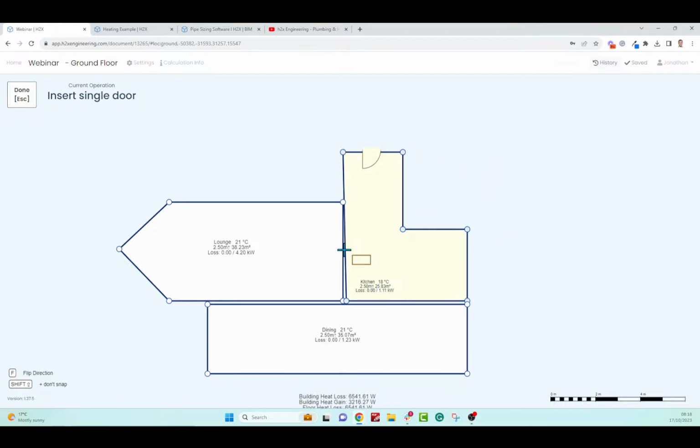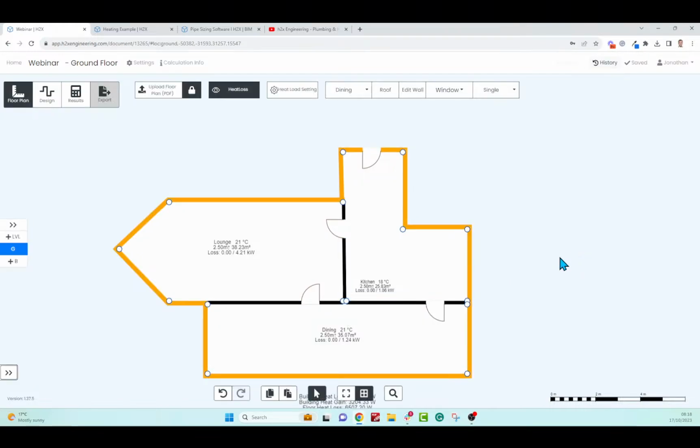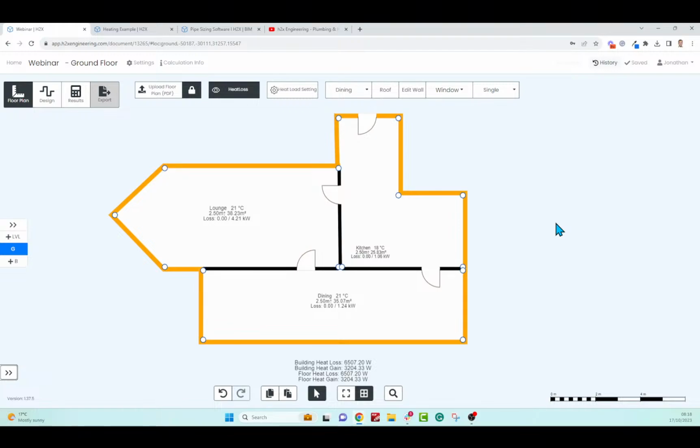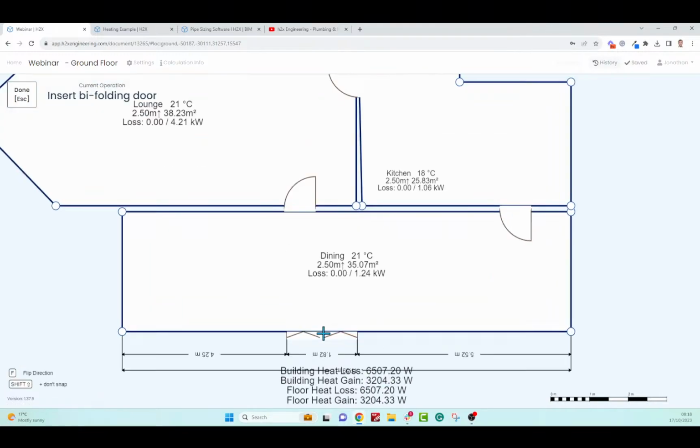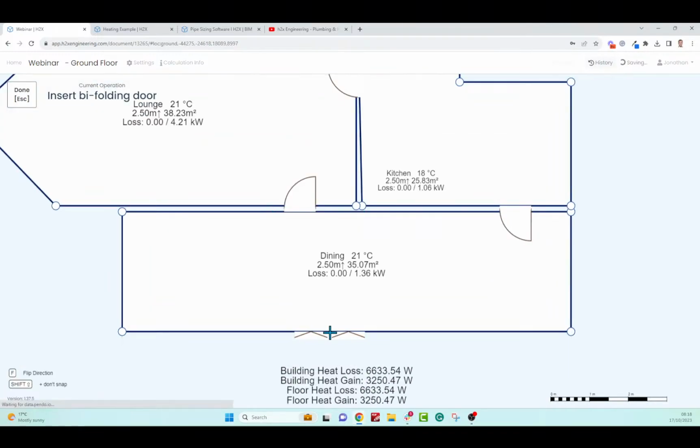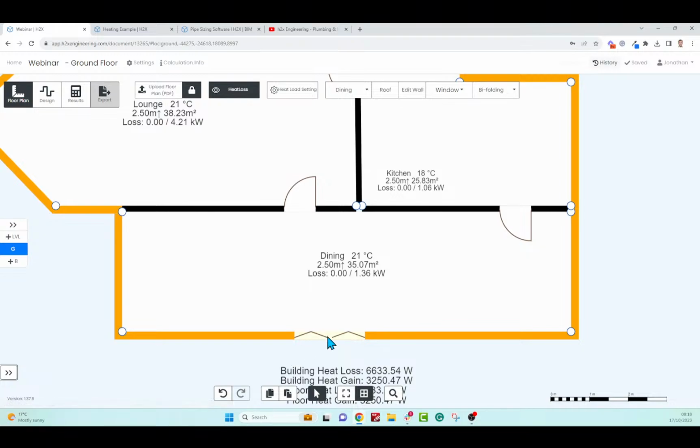So you can just go around now and we can just put a few doors in. And you can press F on the keyboard, so if you want to flip the direction, keep pressing F until you're happy with it. And yeah, it'll just be like that. And then if we want to add the bifolding doors, exactly the same process, but this time it looks a little bit different. And if we click on this one here,